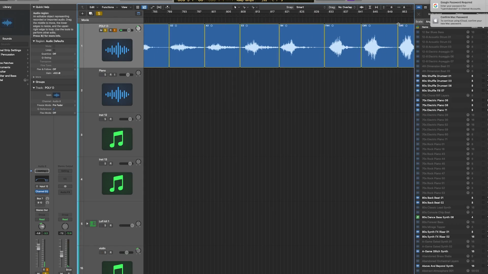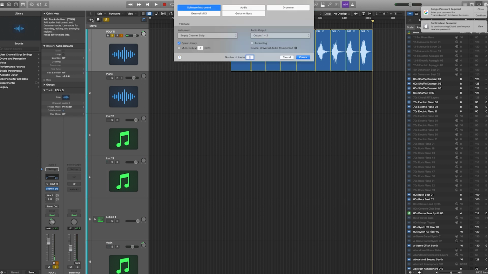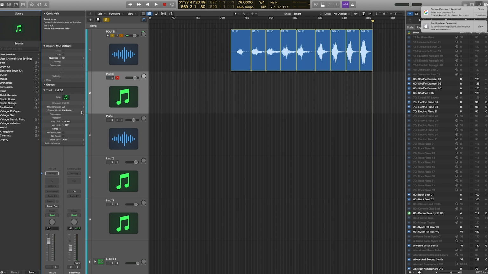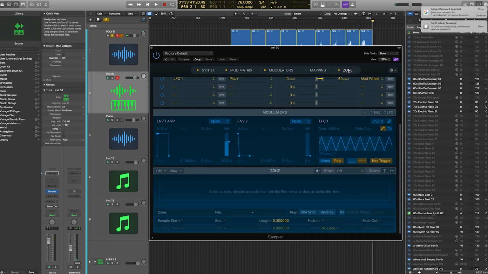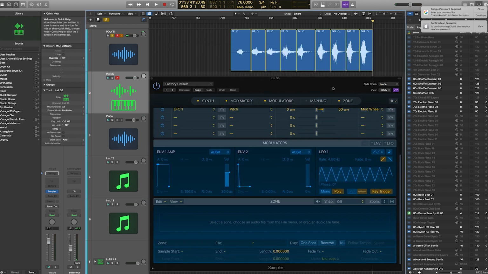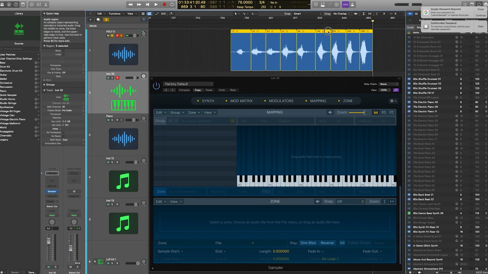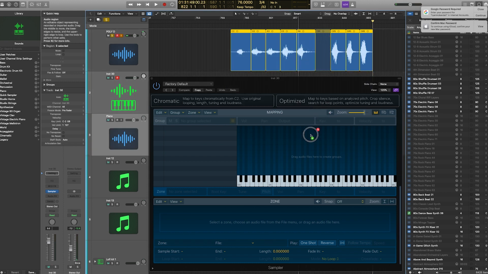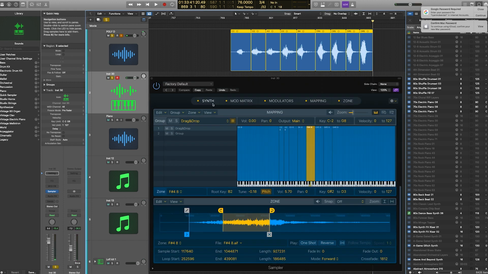All right, now we're all labeled, and I can open up Logic Sampler, and when I go into the zone, once I have all these files, I can go to my mapping, grab all the files, and literally just drop them in. And now, once they're in,